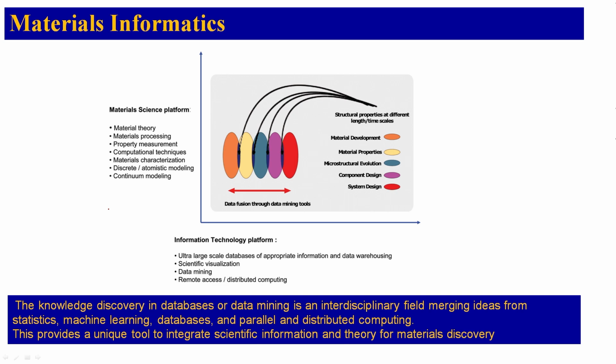Material informatics consists of materials theory, material processing, property measurements, computational techniques, characterization, atomistic modeling, continuum modeling, and knowledge discovery in databases or data mining, an interdisciplinary field merging ideas from statistics, machine learning, databases, parallel and distributed computing, and this provides a unique tool to integrate scientific information and theory of material